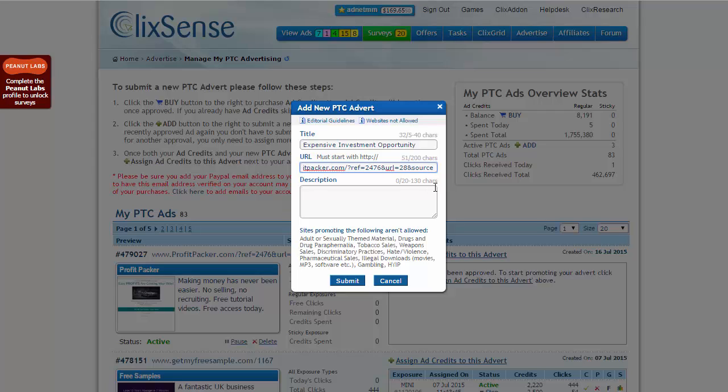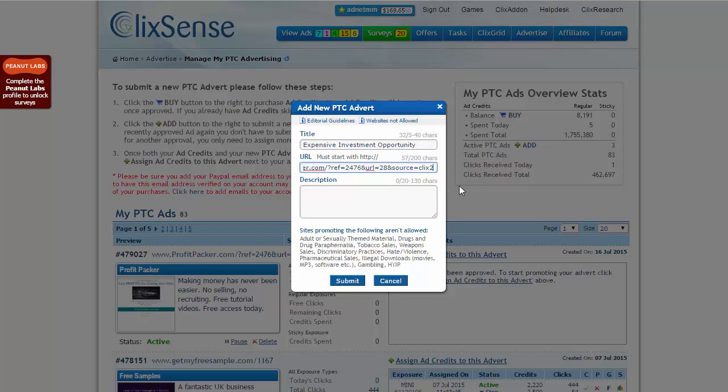Now, this allows us to make each link unique, because this first part of the link is going to be the same every time. So profitpacker.com?ref=2476, and url= and then 28 or whatever your URL number is. But if we now put &source= and I'm going to put, in this example, clicks2,